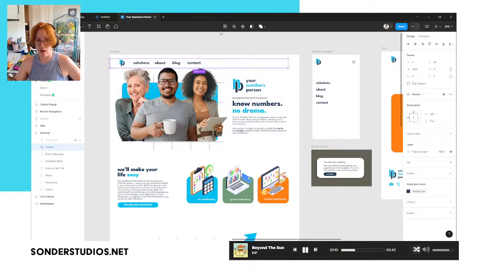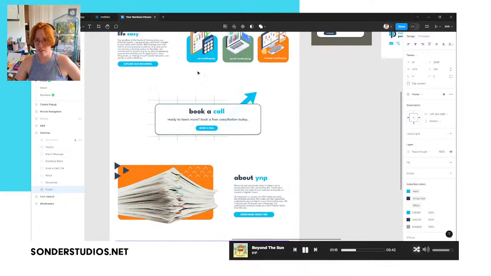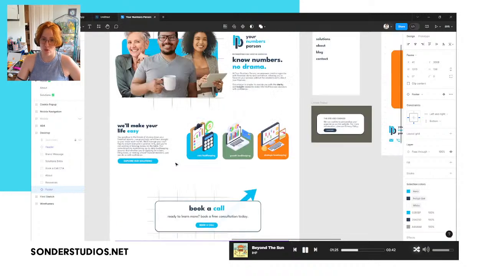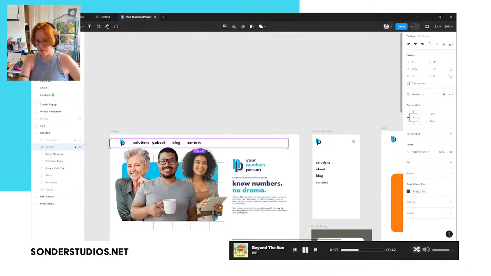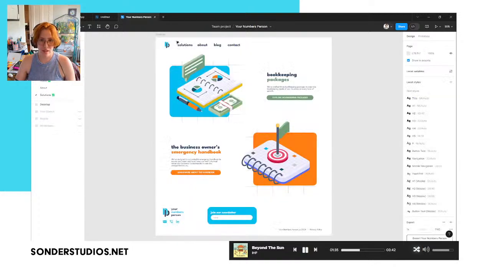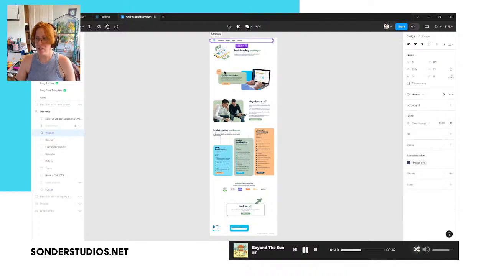So for instance, on every single web page that I mocked up in this file, it's always going to have a header and it's always going to have a footer, meaning the thing that goes at the top of the page and the thing that goes at the bottom of the page. And the real tricky thing when you're developing is that you're making a lot of decisions back and forth about what pages you want to include in your website. So this changes a lot, but if it changes here, it has to change here, and here, and also here. And it's going to be a pain in the butt if you have to keep changing it on every single page every time somebody makes the decision of,